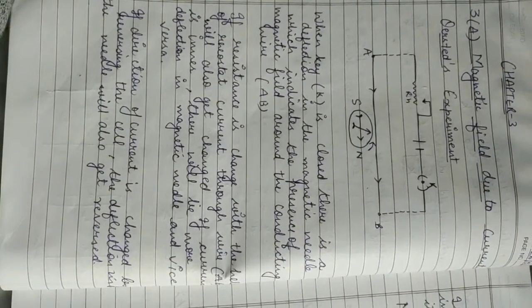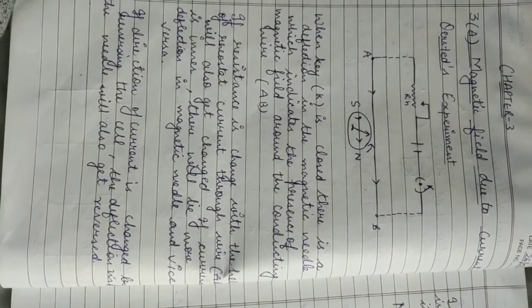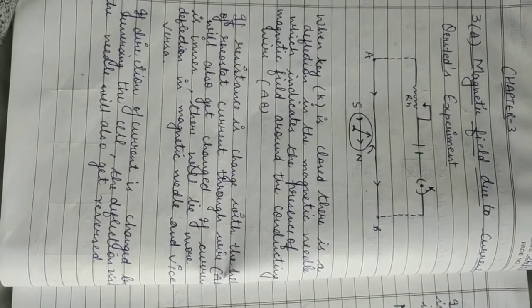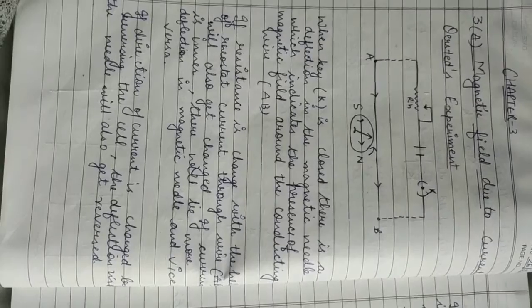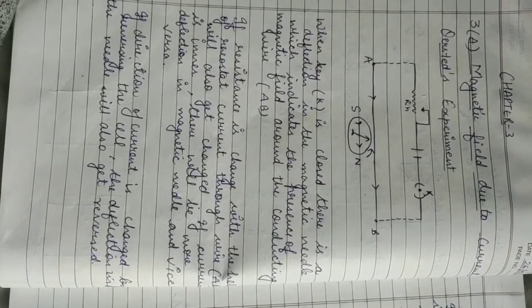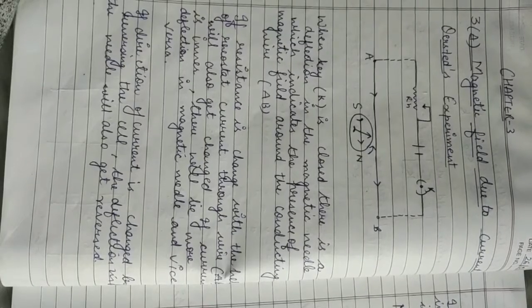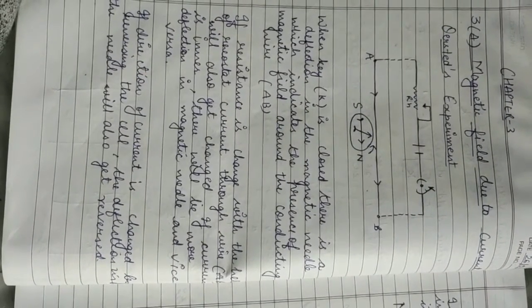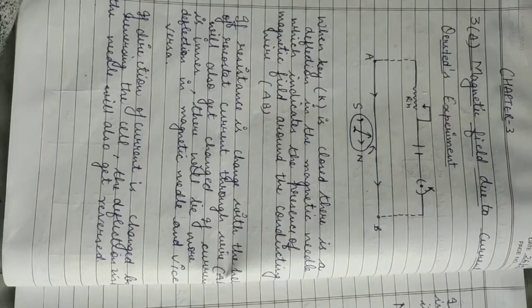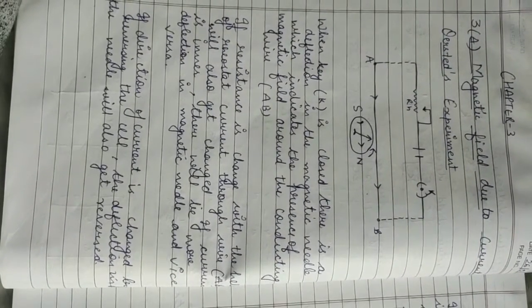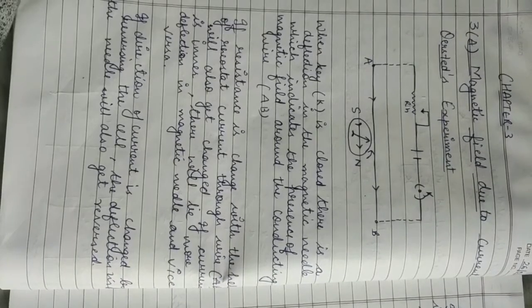Hello everyone. Today we are going to start with the next unit, that is chapter 3, magnetic field. When the charges are in a rest position, it comes under electrostatics. When the charges are in motion, it becomes current. In the same unit, when the charges are in motion, a field is produced around the wire, and the field is known as the magnetic field.